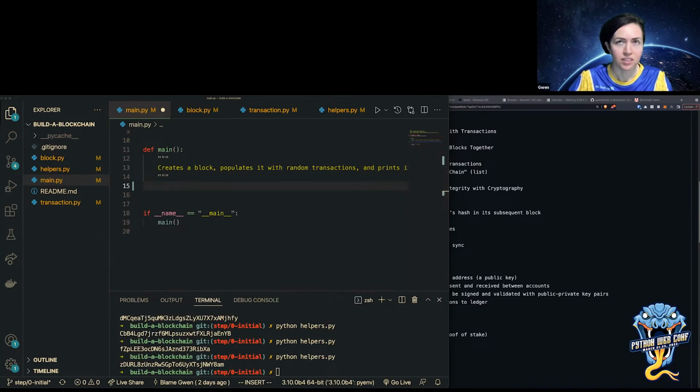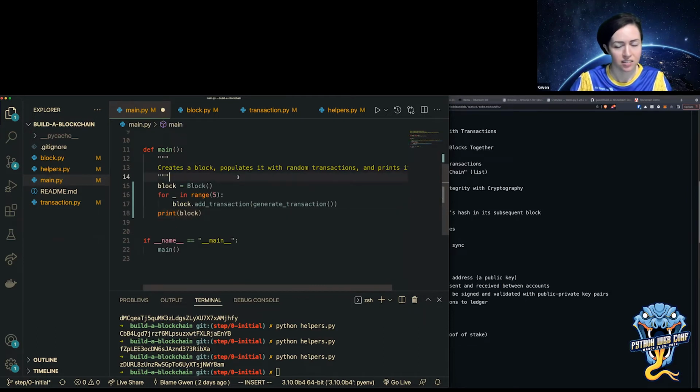So I'm just going to copy this. And I'm creating a new block from the block class, and then just this number that I chose, 5. So I'm going to add 5 transactions to the block using that method on block.